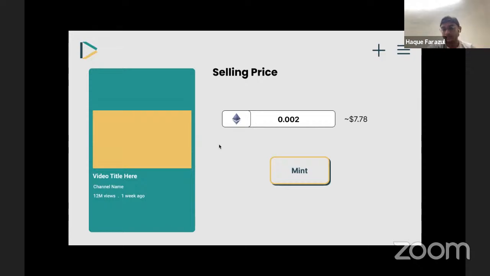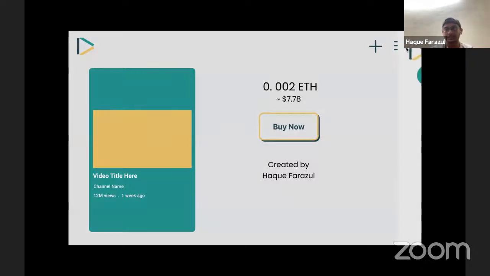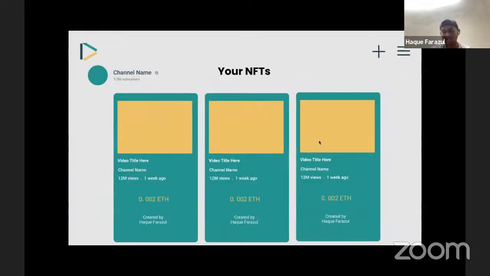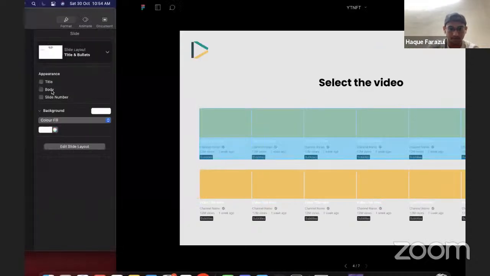Moving on with the demo. Here, on this page, they can set the price of the NFT, and by clicking on mint, the video will be minted and uploaded on YTNFT and other popular chains. An existing user can see all the listed NFTs on our platform and choose to add more using the button on the top. Now I'll pass it on to Sanskar to share the